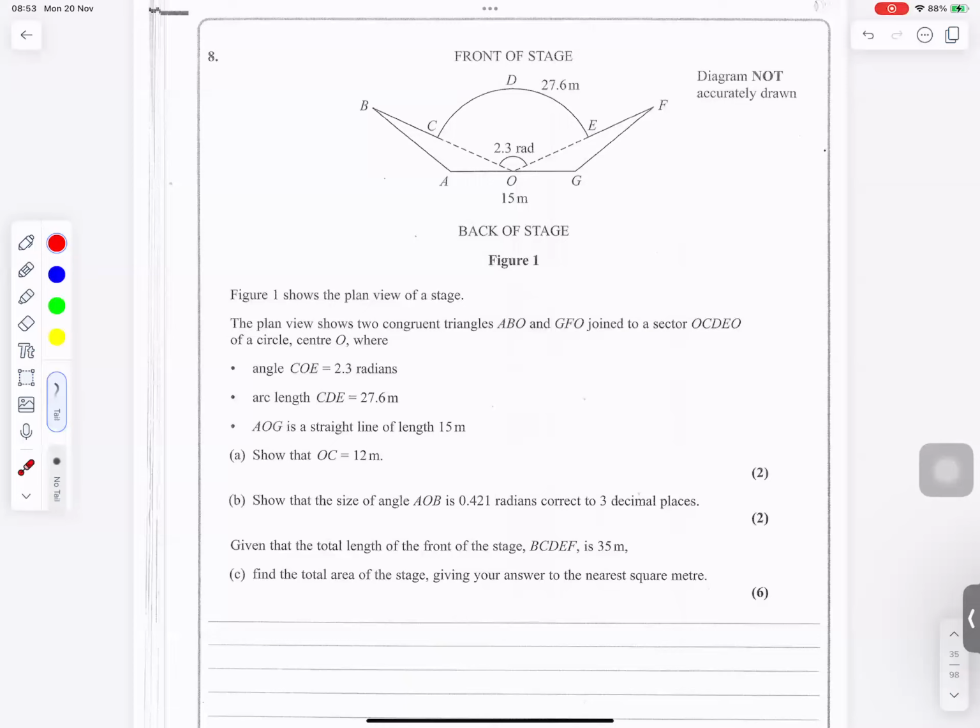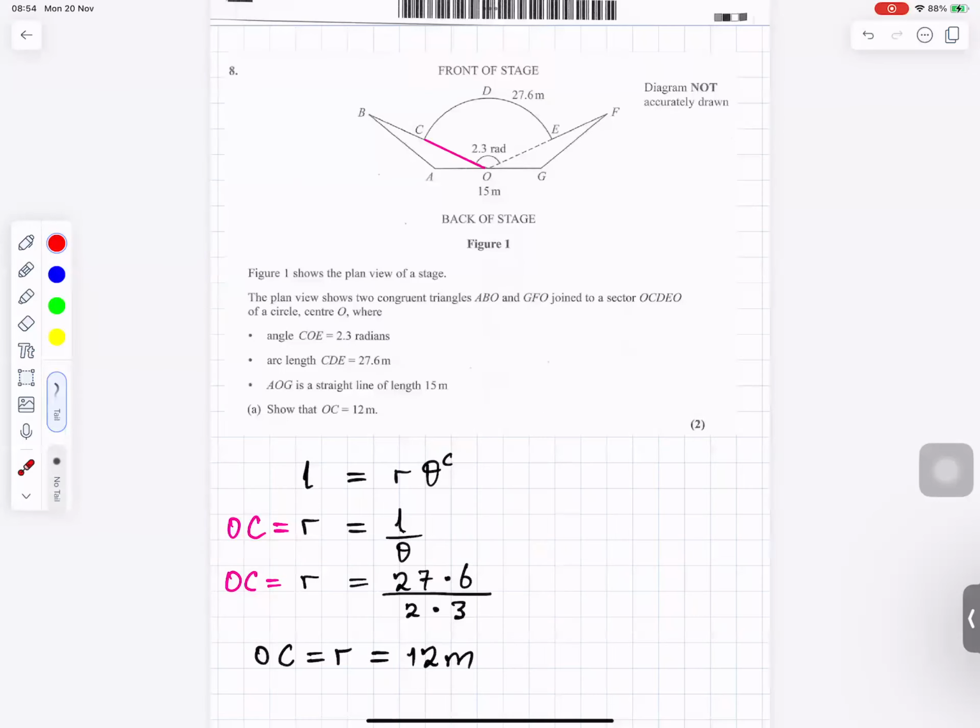Question number 8. You can press pause and have a go at it, and then you come back to check your answer. So for number 8, it says show that OC is 12. OC is that distance I put there in pink. How do we find that OC? We're going to use only this